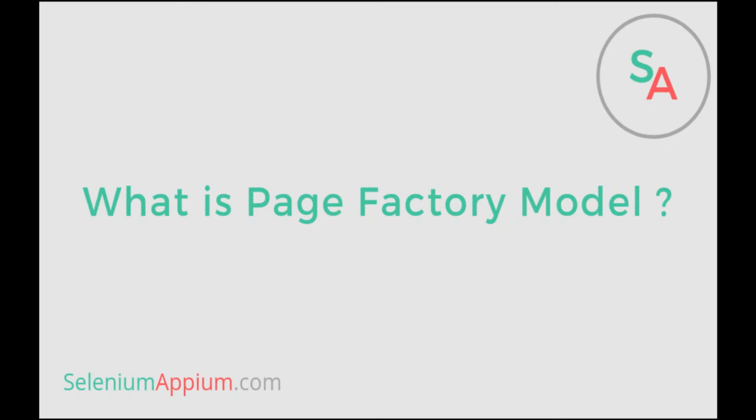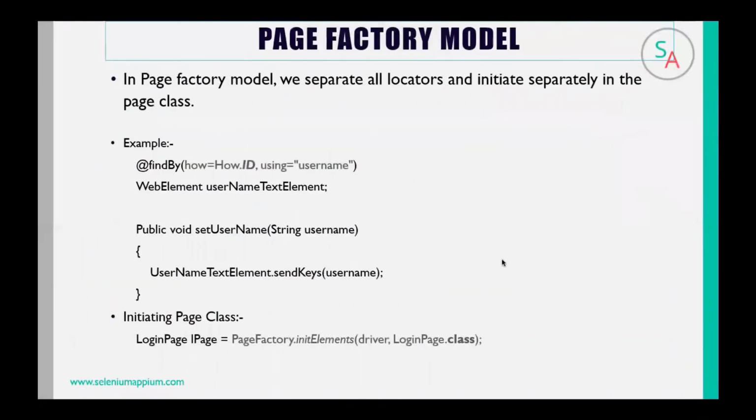Let's talk about page factory model. In page factory model, we separate all locators from the code and initiate separately in the page class. In the example, you can see that there is a web element, username text element, and this particular web element can be found